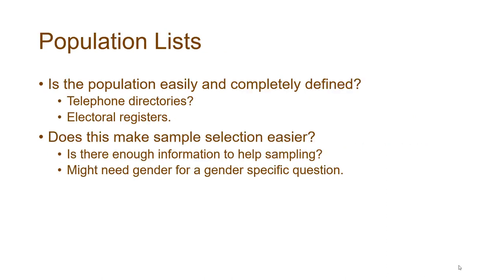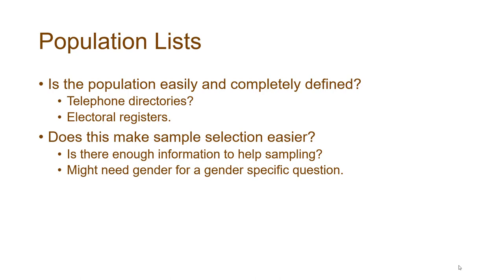Now, one thing you can do is get a population list. But does a population list exist? And if it does exist, is it actually real? Telephone directories used to be a way of doing things. Now, most people are not in the telephone directory. There's electoral registers, but again, people can opt to be off the electoral register. Who opts to be off the electoral register? Do they opt to be off equally from all of the different political views or from all of the different social classes? What's likely to happen with your list, and is it likely that it's representative and unbiased?